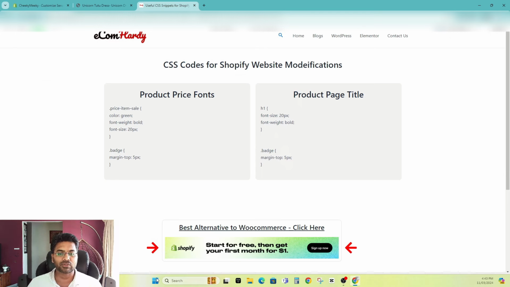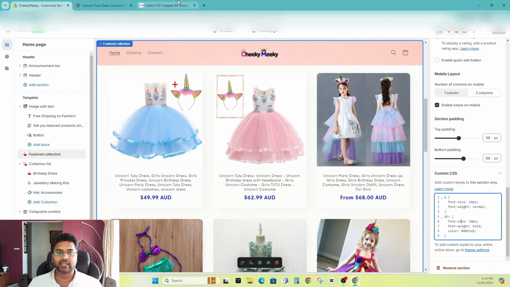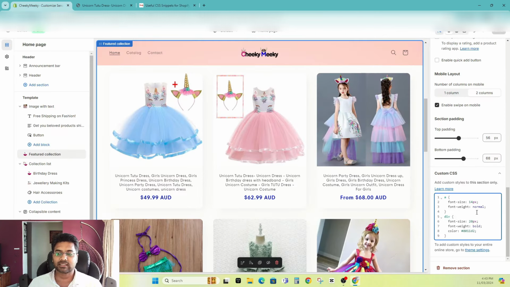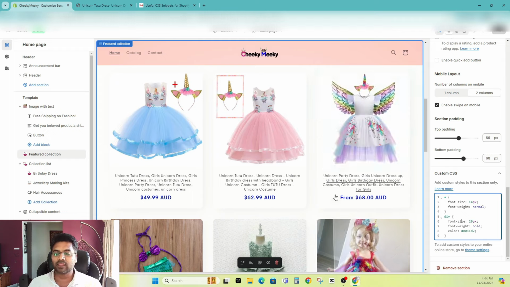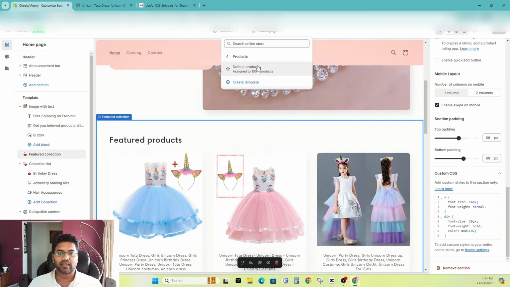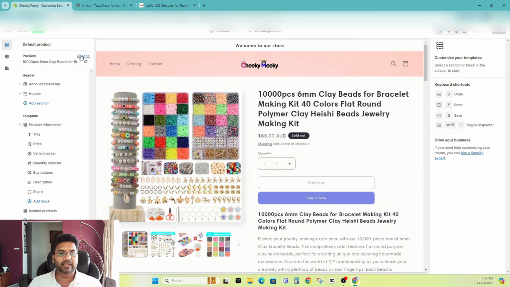I'm going to add that code soon. So you will find that code here as well. You can easily copy it like that, okay, and then paste it into your CSS page or column. Now, if I go to the options and select the product and default products, the product I can also change